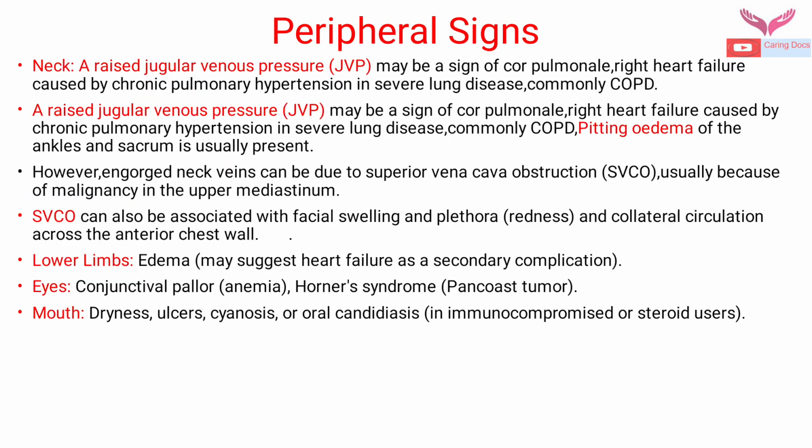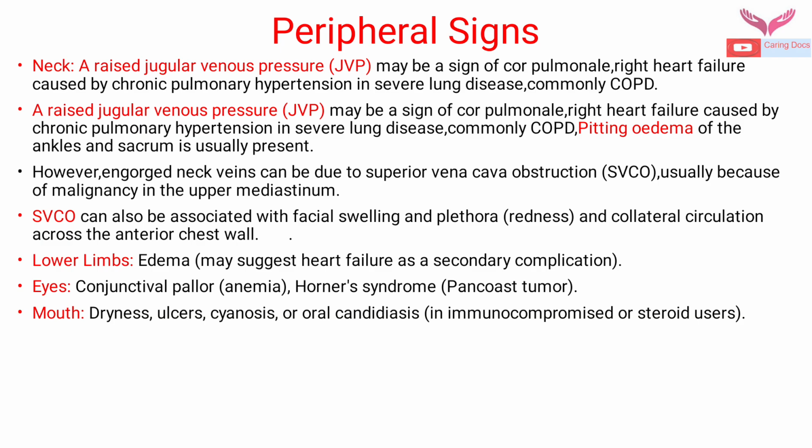In the neck, we will see raised JVP. It may be a sign of cor pulmonale, right heart failure because of chronic pulmonary hypertension and severe lung disease, commonly COPD. Sorry, this is repeated. Pitting edema of the ankle and sacrum can be present as a peripheral sign because of